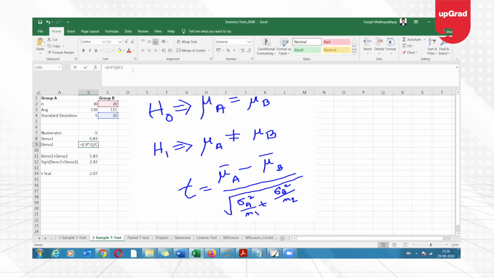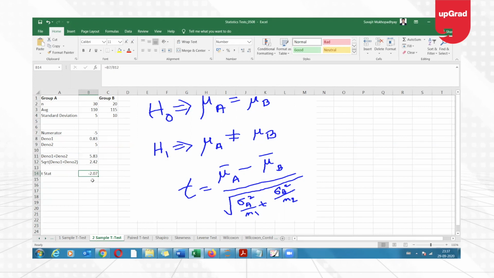Similarly, denominator 2, C4 is nothing but my standard deviation square divided by C2, which is the total number of kids we have surveyed. Then I have added these two, which is this addition, and I have taken the square root. Then I have calculated the T statistics, which is nothing but numerator divided by the denominator, and we find that